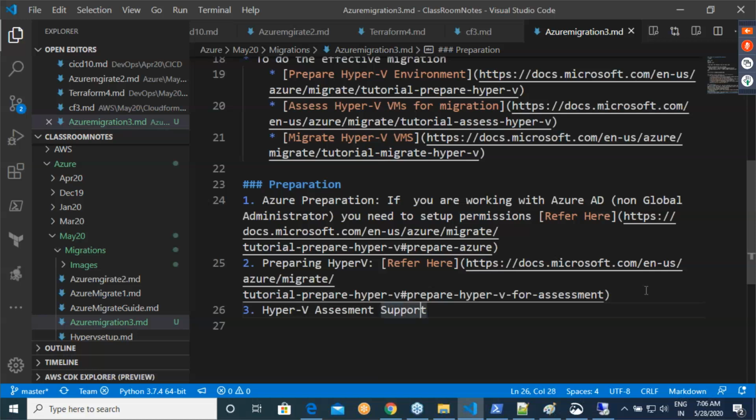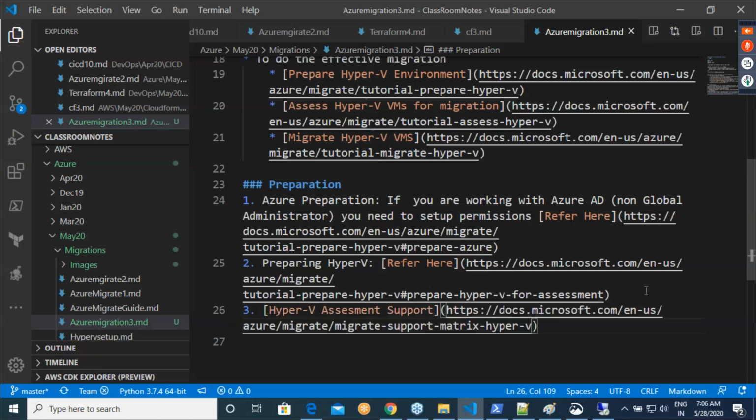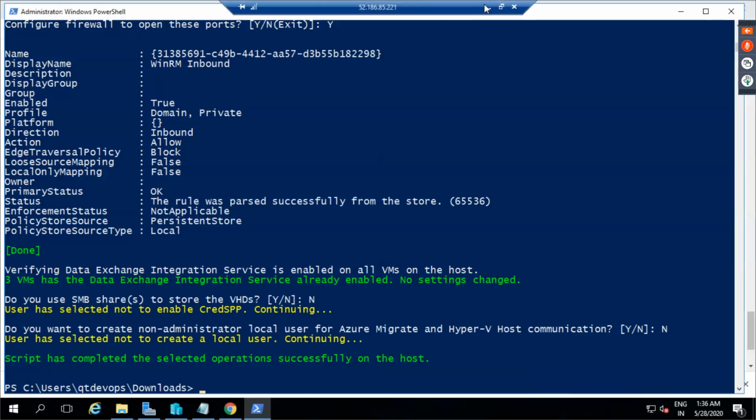Okay, and there is no alternative. You have to read this document every time before you start this migration, because Microsoft is adding too many things over here, and some of the outdated versions they might even delete. So before proceeding, look into the Hyper-V assessment support, so that you will understand what is happening over there.